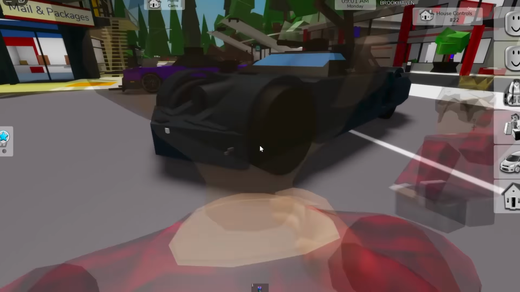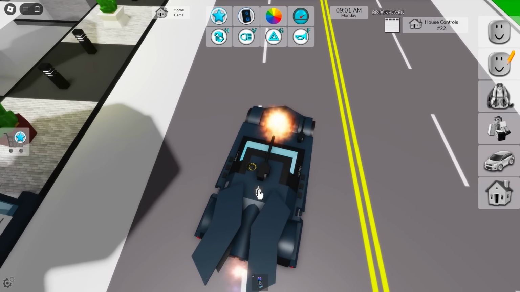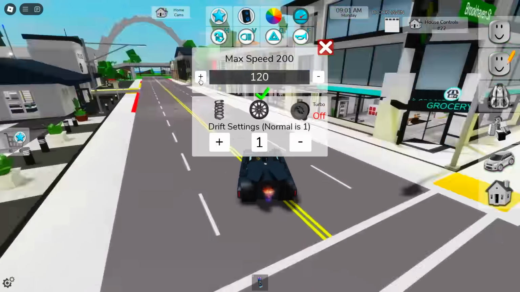It looks like Batman's car, doesn't it? It looks like it even has its very own wings. There's also a button that you can click for it to shoot, which is a really nice feature. Beyond that, people say it's one of the fastest cars in the game, going at full speed with this thing. Whoa! What was that? As you can see, it can go really damn fast if we have a clear path,